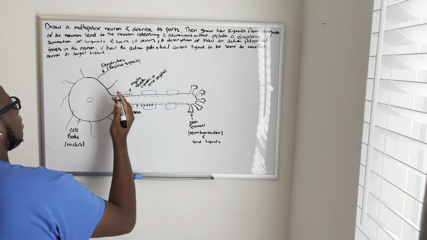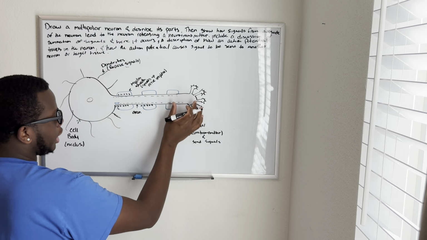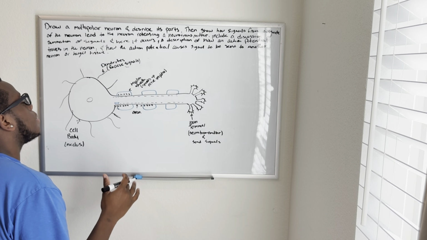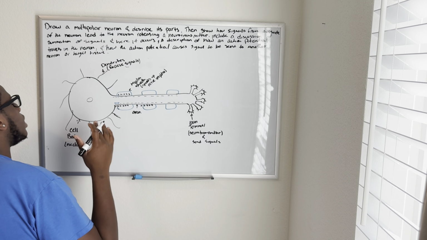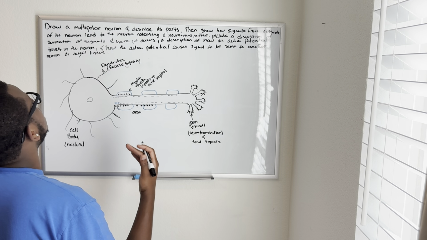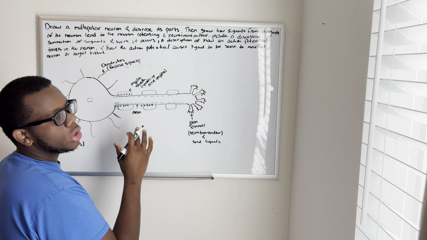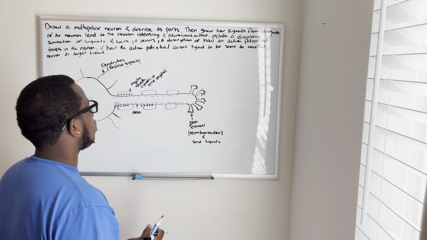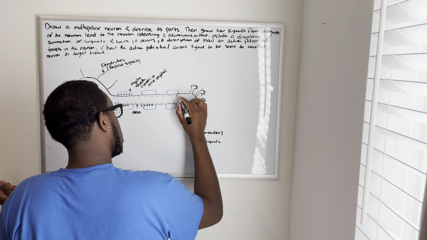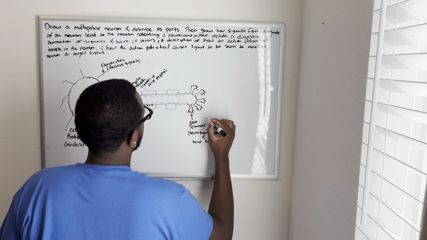Repolarization occurs behind where it currently is: the sodium gates close and potassium gates open up, and potassium now exits the cell, causing it to go back to a negative charge, causing a resting potential. Now, once the action potential reaches the end of the cell, to the axon terminals,